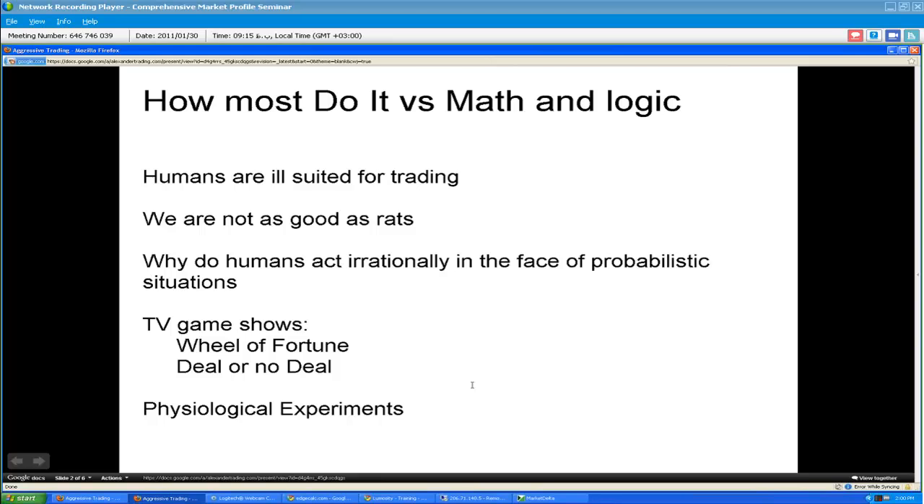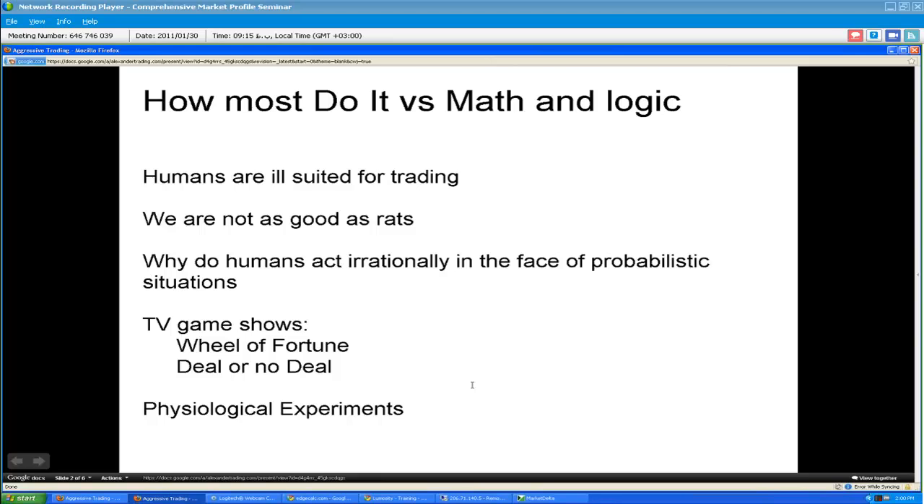Okay, so the first thing we want to notice is that humans are ill-suited for trading. The reason is that humans act irrationally in the face of probabilistic situations, and there are many, many examples of that. It's the whole reason that there's a science of behavioral economics. But at least from what we know so far, the main cause is aversion